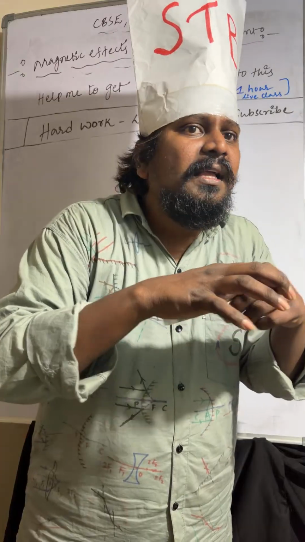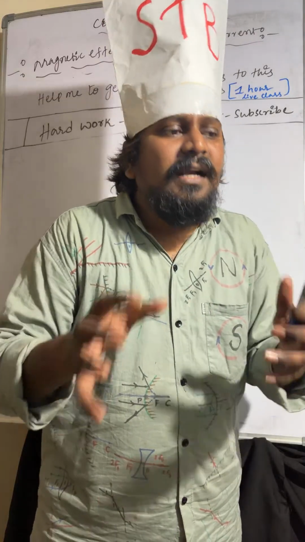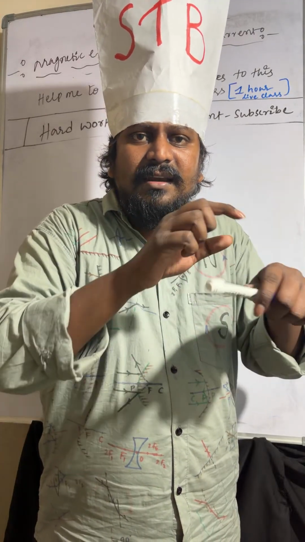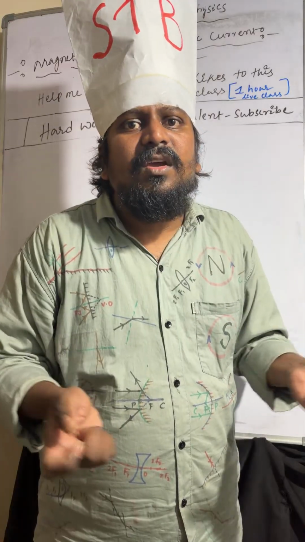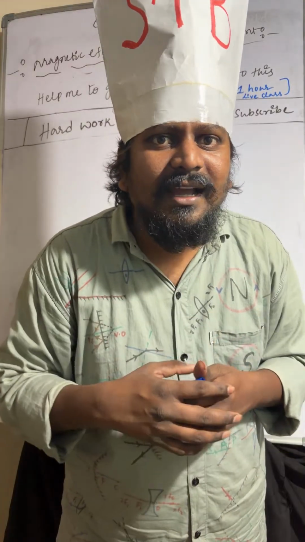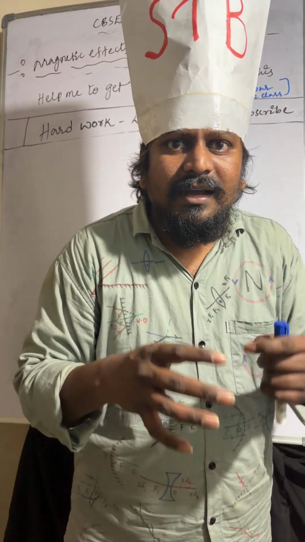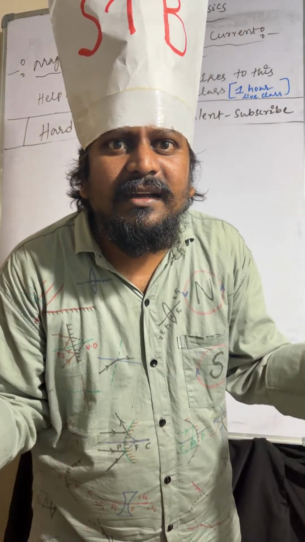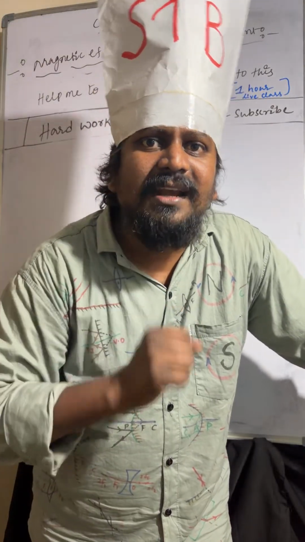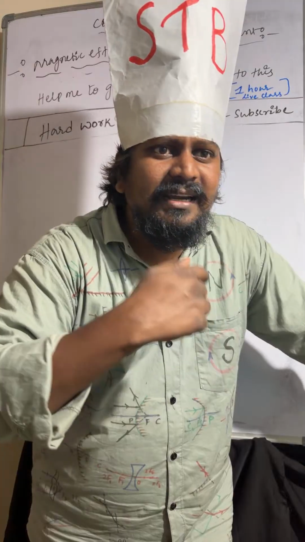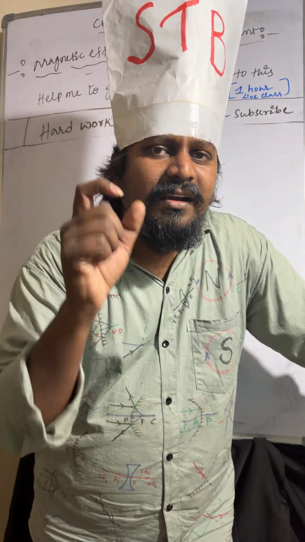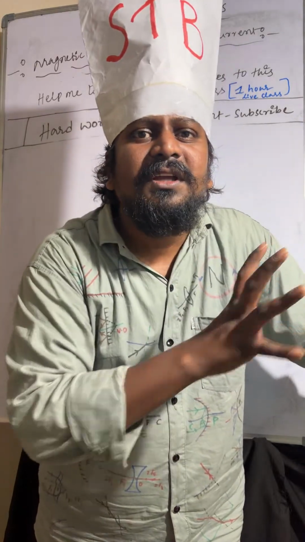Wrap it in the form of a cylindrical shape. Connect to the circuit. Current will pass in the solenoid. When current is passing through the conductor, it behaves as a magnet. When the current is passing through the conductor, it produces